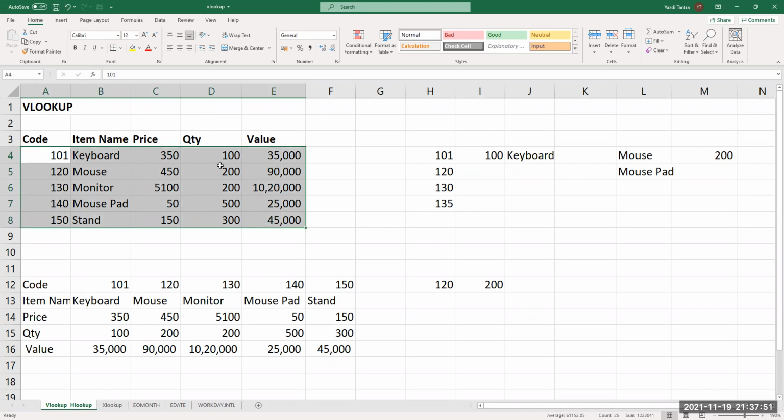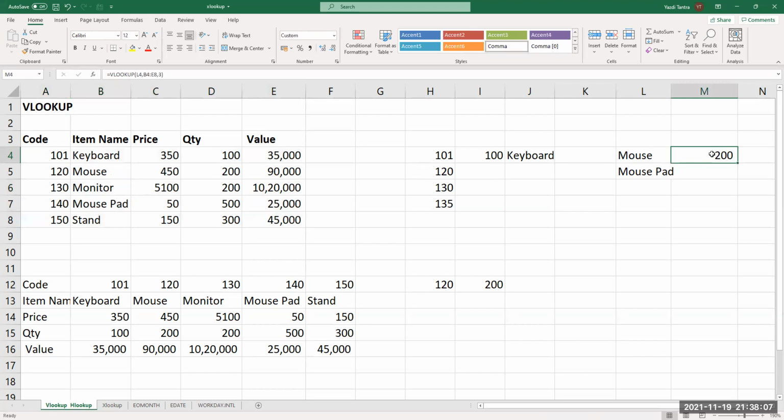Each one has to be next to each other, and there is an offset. So from here, we say number 1, 2, 3, 4 columns. Or in this case, we started from here, and it is the 1, 2, 3rd column. So here we said comma 3. You got it? Yeah. So this is very simple.